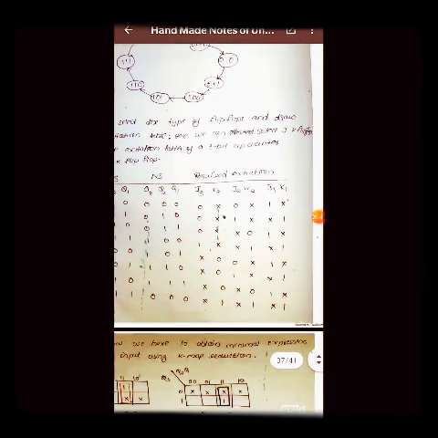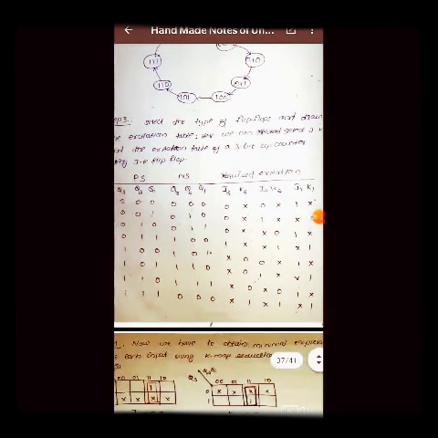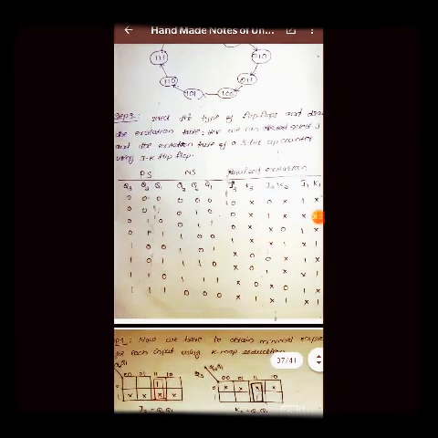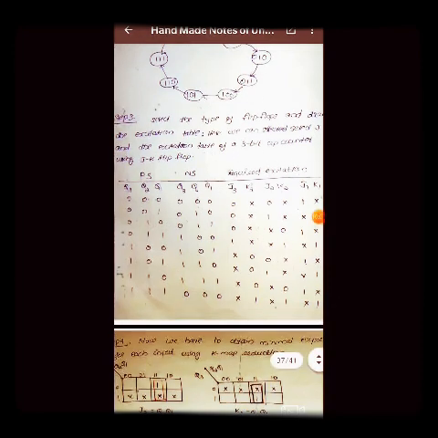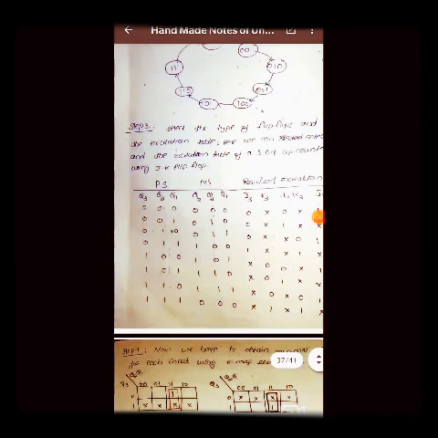So after that, how can we find out the values of J3, K3, J2, K2 and J1? It's very important, you have to understand it very deeply. First of all, we will find the values of J3, K3. How can we find the values of J3, K3? For J3, K3, you need to first see the value of Q3 in both the present state and next state. In the first row, the value of Q3 in the present state is 0, and the value of Q3 in the next state is 0. It means Q3 is going from the present state to the next state as 0 to 0.